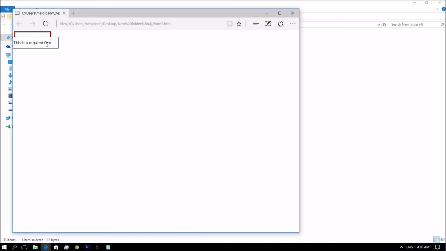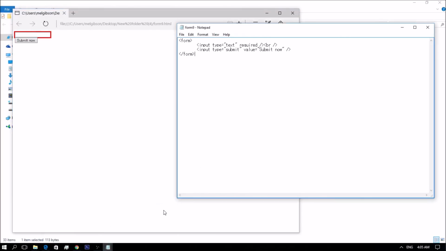Using this required attribute, the browser informs the user that she or he has to fill out this particular field before submitting the form.